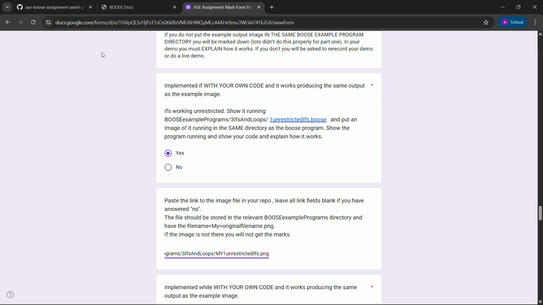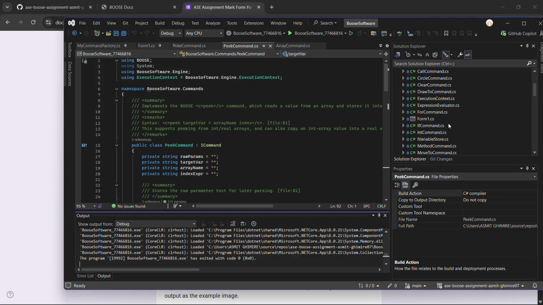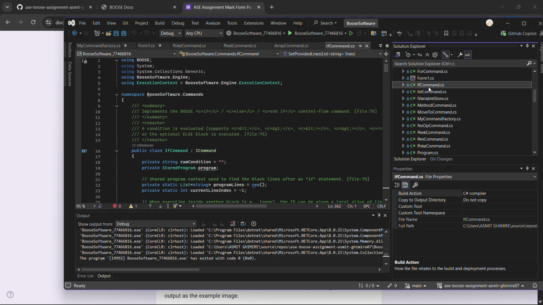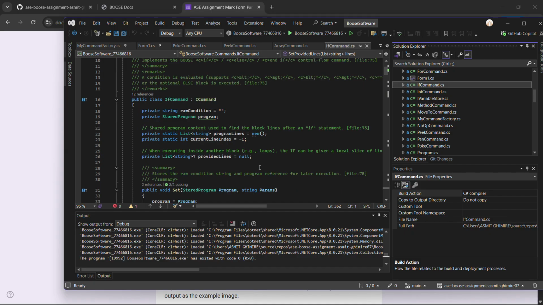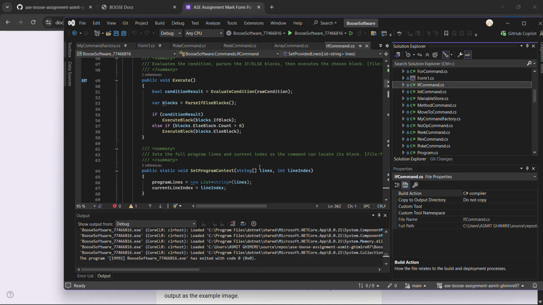Now for if, I have a class called if command over here. When my parser sees the if keyword, it returns if command from my factory, and in the main execution loop it is treated as a block statement. I pass the full program into the set program context over here and execute the command inside.